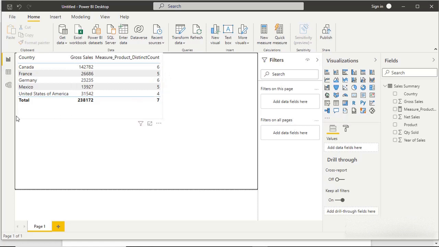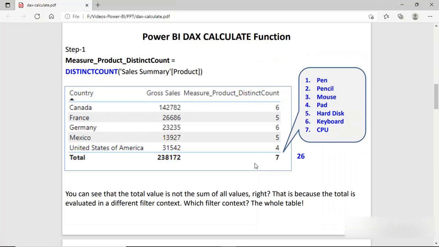But the problem is with this total, because this total is working in a different context. We are expecting the total of these figures, but it is coming as 7. We can understand this from this diagram. This 7 is the total of products in the whole table, and we have 7 products, but the total of these figures is 26.